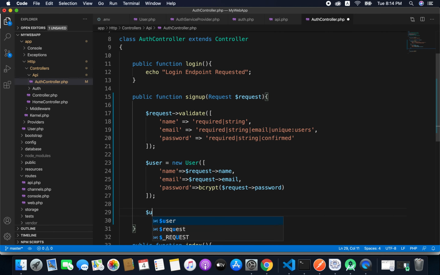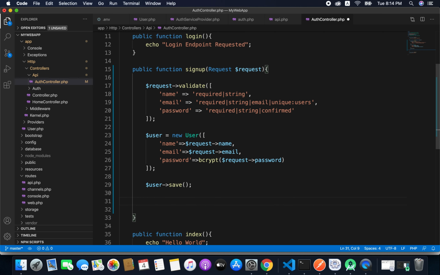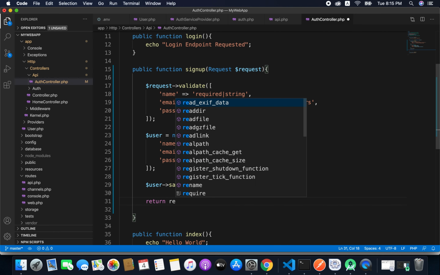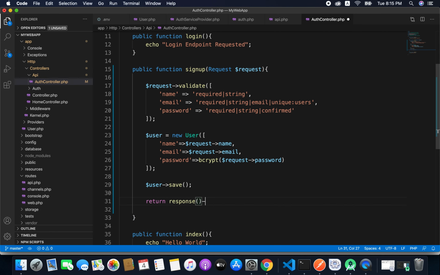Now finally we will save the user, and after saving the user we will return a message that the sign up successful. So we will return response, and we will return a JSON response. So inside JSON we will pass a message like user registered successfully, and we will also pass a status code that is 201, means created.